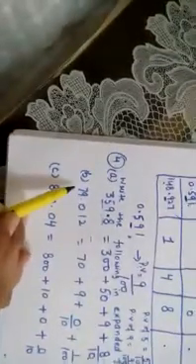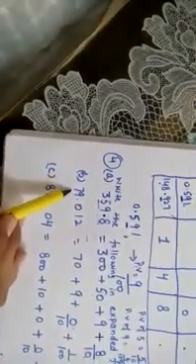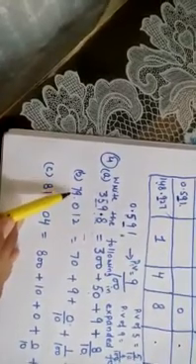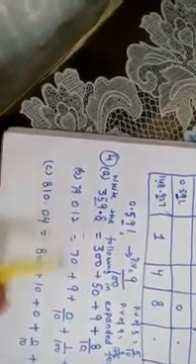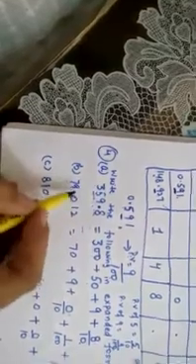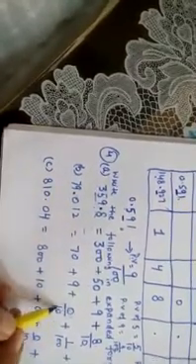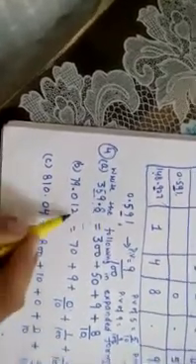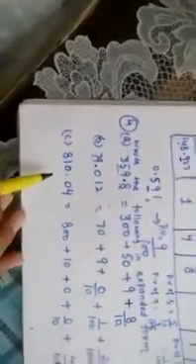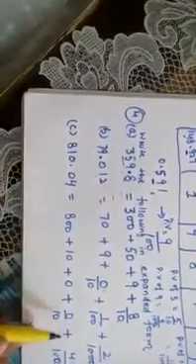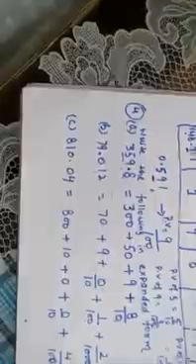Now see the second part, then it will be more clear to you. 79: the 7 has 1 digit after it, so 70, and 9 as it is. 0 is at the first position after the decimal, so 0 by 10, 1 by 100, 2 by 1000. Like this way, the same for the C part, so like this way do all the parts.